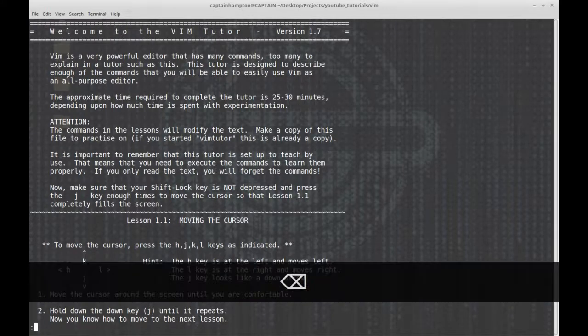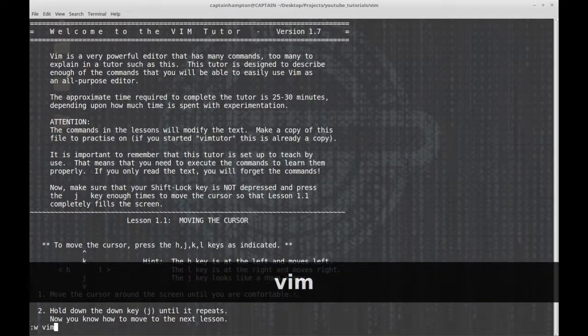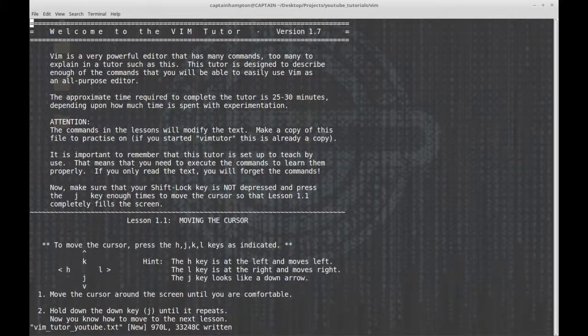Or actually, before I do that, I'm going to hit :w to save this as a text file. So :w, we'll learn what that means later in the tutorial. And then I'm going to put in the name of the file that I want to save this VimTutor content to. So basically :w is write the file. So I want to write the contents of this VimTutor file to, let's say, vim_tutor_youtube.txt. So I'm going to do that. You'll see that this says vimtutor_youtube.txt written, and that means that we have this whole content saved as a text